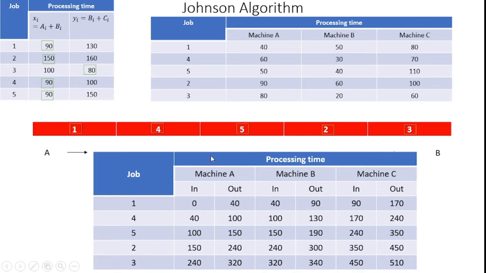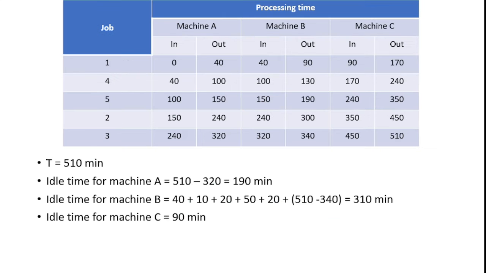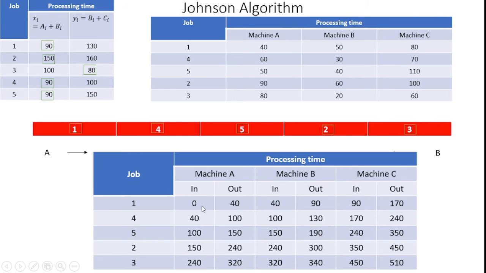Now I started to write the machine A processing time. Here you see, machine A processing time starts with 40. Initially machine A with job 1 is 0. After that I add this 40 processing time with this 0, 0 plus 40, I got 40. After that, machine B accepts the job after completing with machine A, so machine B accepts and starts at 40 minutes. In machine B, the processing time is 50 minutes, so I can add 40 plus 50 is equal to 90.